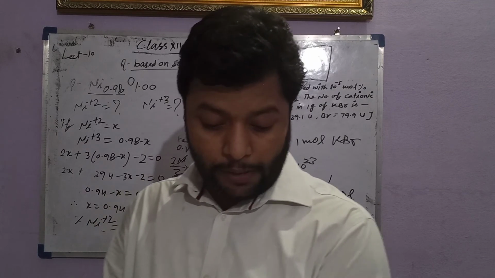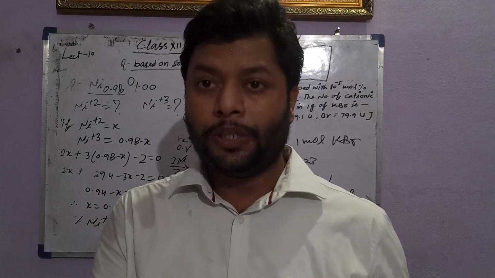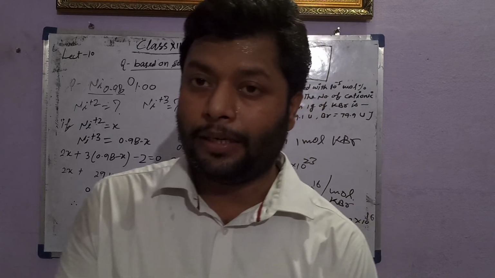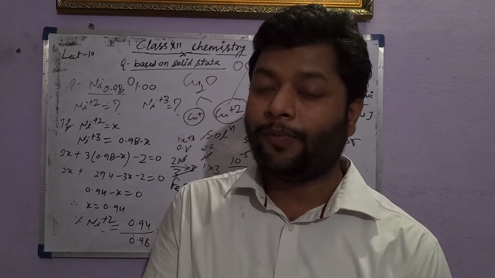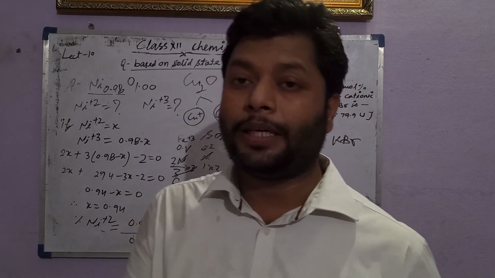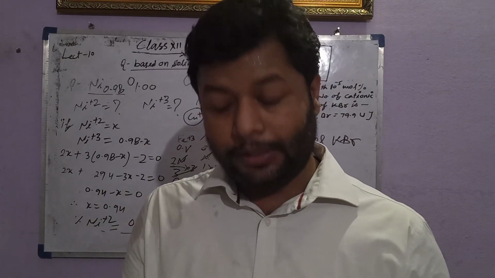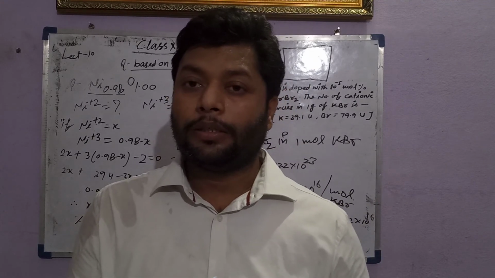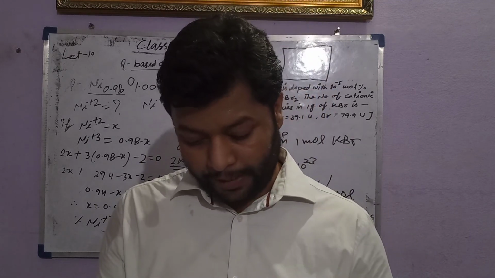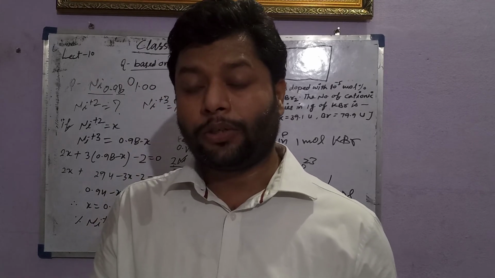Explain the following terms with a suitable example: Schottky defect, Frenkel defect, interstitial defect, F-center. So this is very easy, no? F-center means some electrons from the metal cations are trapped in the anionic vacancy in a non-stoichiometric metal excess defect. Frenkel is the dislocation of the smaller cation from the original position to the interstitial position. Interstitial defect is the dislocation of the particle from the original position to the vacant place. So this is all about your question.